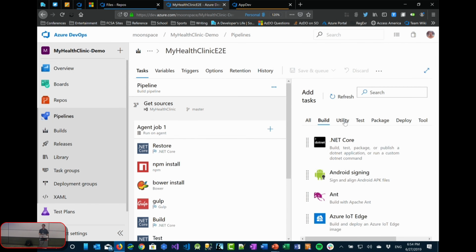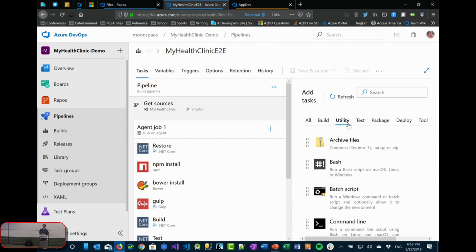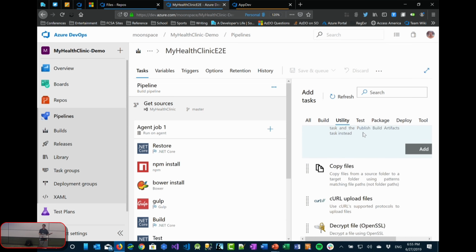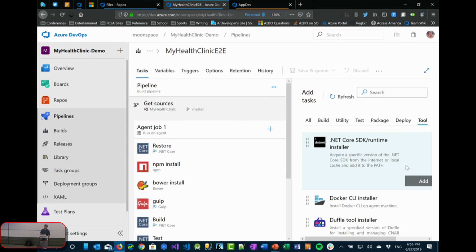They've got some categories, for example, these are all tasks that are build tasks or related to build processes, or maybe there's some that are just utilities, tests, and so forth. One of the interesting ones though is over here, called tools, but they're essentially tool installers. And what these are useful for, especially if you're using the hosted agents, the ones that Microsoft provides out there in the cloud somewhere, is